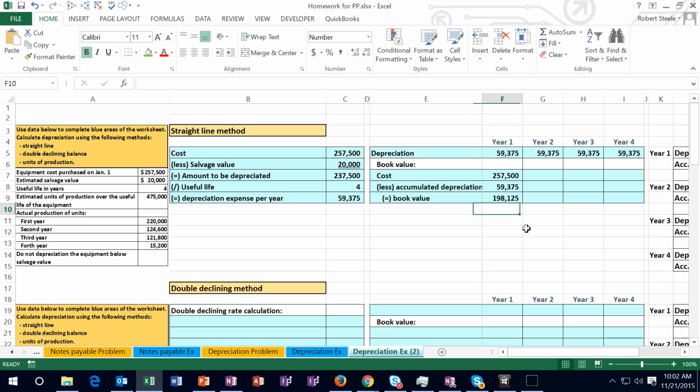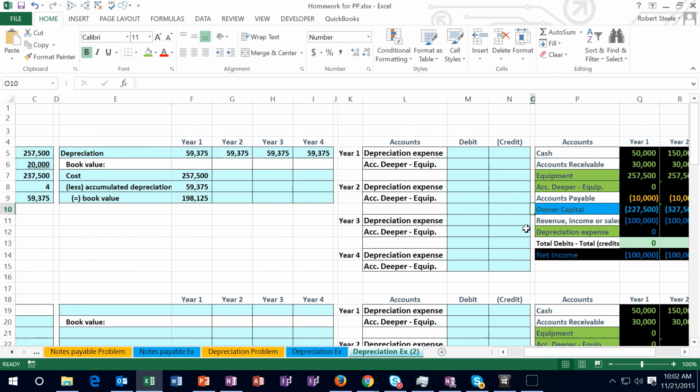Now, if we were to think about the journal entry as of that point in time, I'm going to go over here. We did the journal entry in the first accounting class, but they just gave us the number. So they would have just given us this number. Now we're calculating that number. Now that we've done the calculation, it may be more clear to see what the